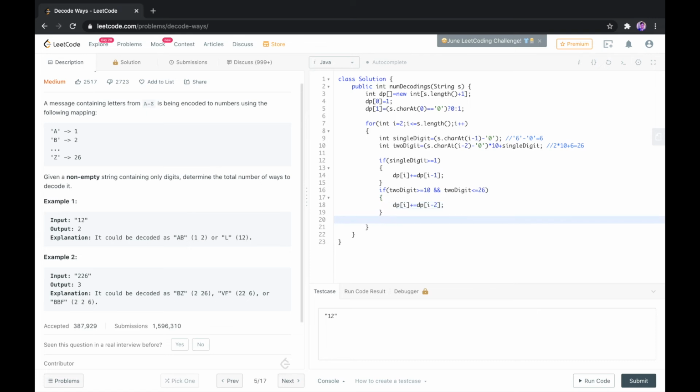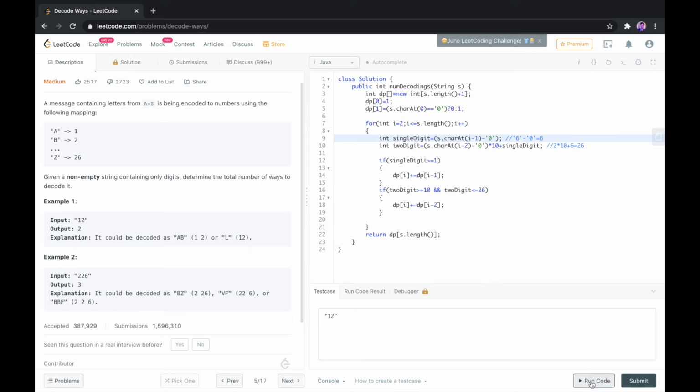Once we have done that, we need to return the last element of the DP array. Since we started from the beginning, we need to return the last value. Some people might not understand this properly, so I will show another method to avoid this one, but this is an optimized technique and will give output in a much quicker time.